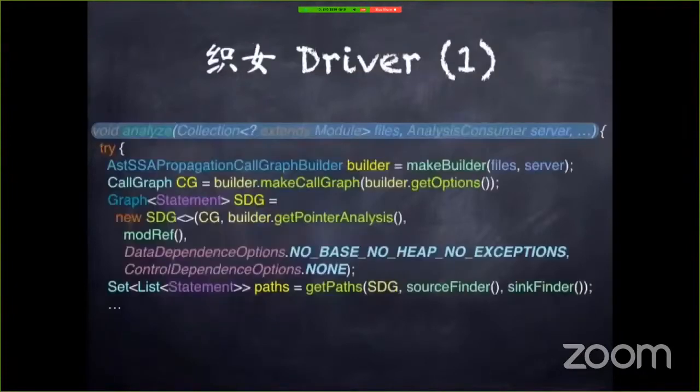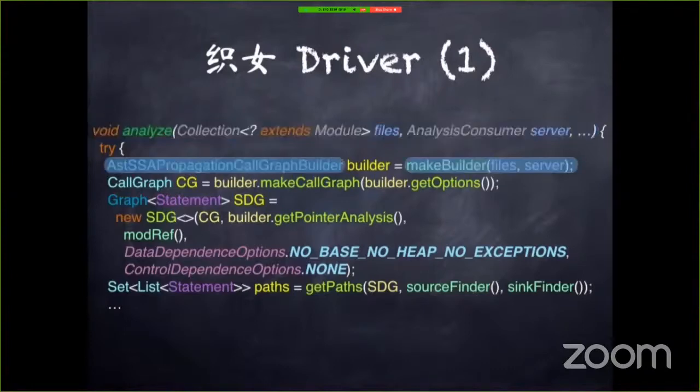So we're going to use graph reachability, but of course we need a graph. And this is a driver. This is a piece of code that would be called potentially by a Magpie bridge. And the first thing we need to do is make a call graph builder. The AstSSA propagation call graph builder is Wala's abstract class that represents call graph builders for all the different languages we support. So this piece of code is going to be completely cross-language,